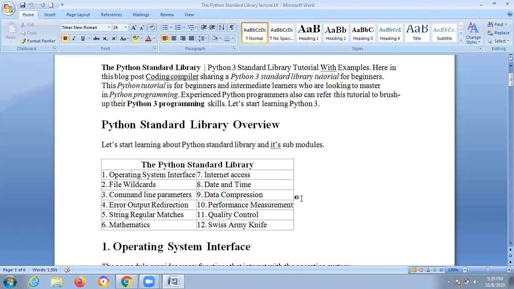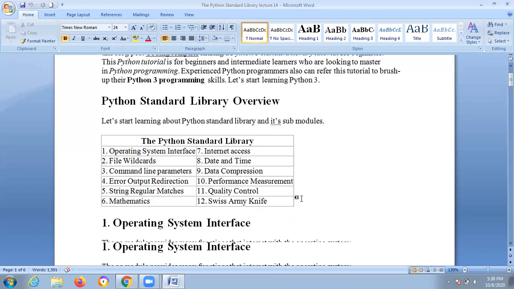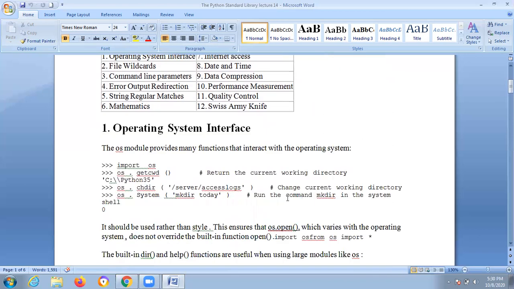What are these 12 standard libraries mentioned here? These are present in the Python standard library, which cannot be changed, and submodules can also be manipulated to support the standard library in order to function the program. Every time you create logic in a program, it will first search the standard library and then function accordingly. The first one is the operating system interface.